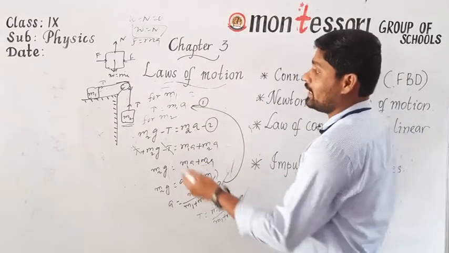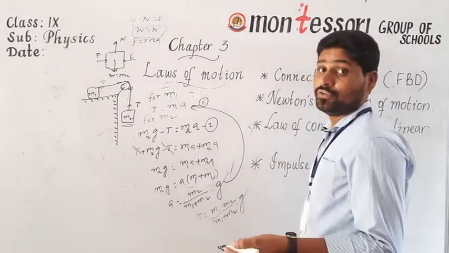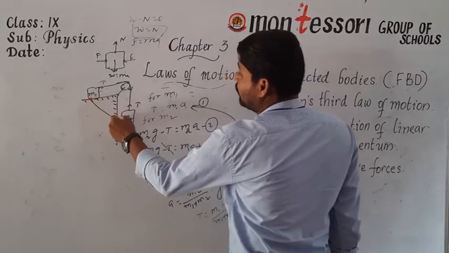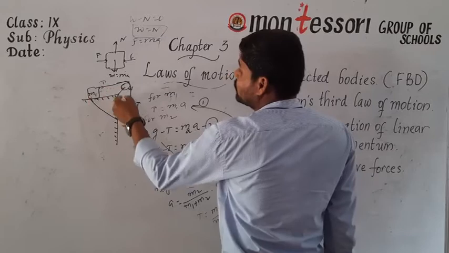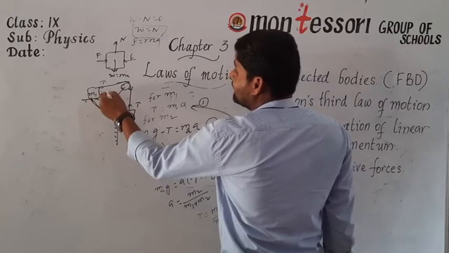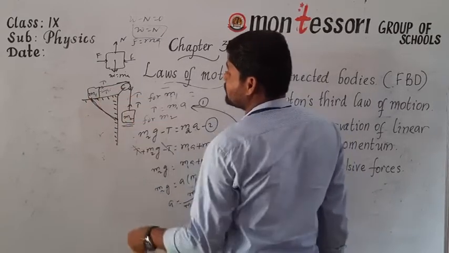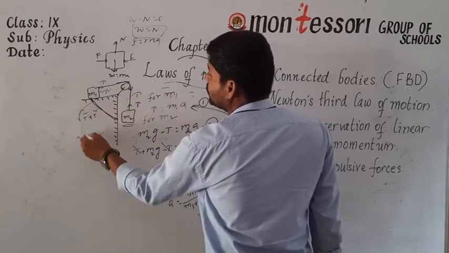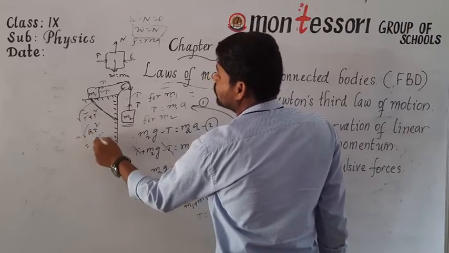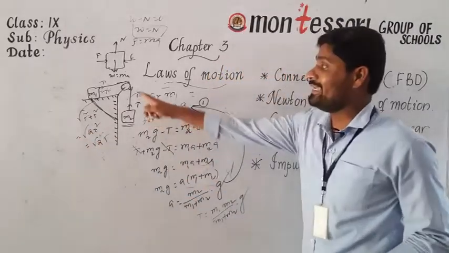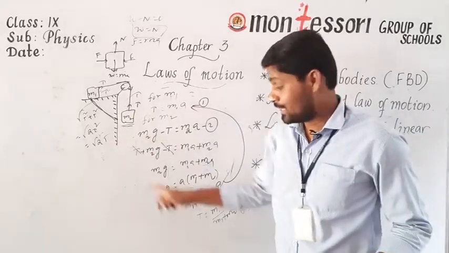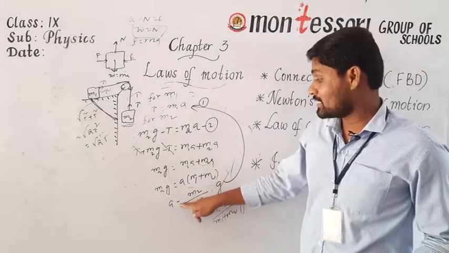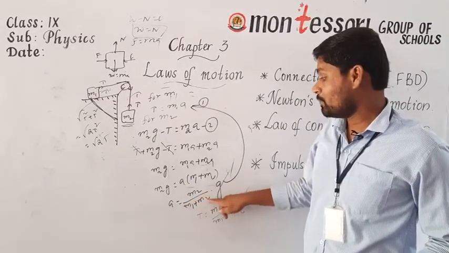The next one, thrust. Thrust is also force. So how can you find it here? Let it be in the form of a right angle triangle with two sides, and let the thrust be the hypotenuse. Here tension is T, here tension is also T. Then it becomes root of T square plus T square, root 2T square, that equals root 2 T. The thrust on the pulley is root 2 T. The tension is M1 M2 by M1 plus M2 into G, and acceleration A is equal to M2 by M1 plus M2 into G.